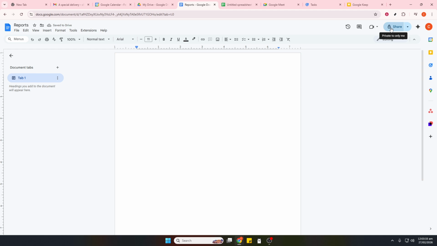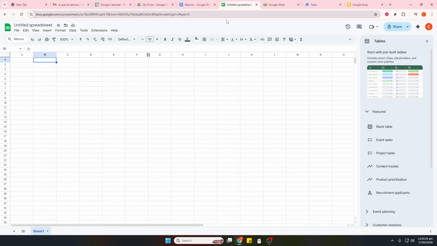Track outcomes in Google Sheets. Create trackers for content, expenses, or leads, and use basic formulas like sum, IF, and count to surface totals and simple logic. Add filters